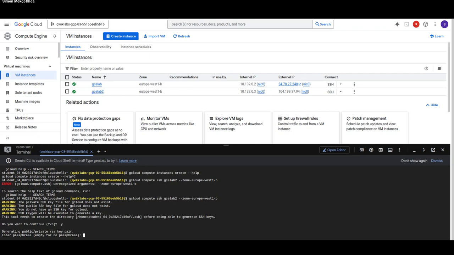Enter a passphrase. In the chat, guys, can you come up with a passphrase I can enter? Think of a nice passphrase I can use. It can be one of your nicknames. It can be your dog's name. Just anything fun.